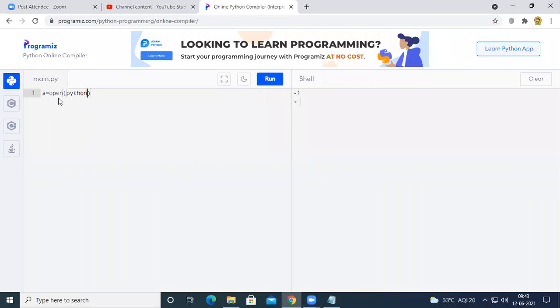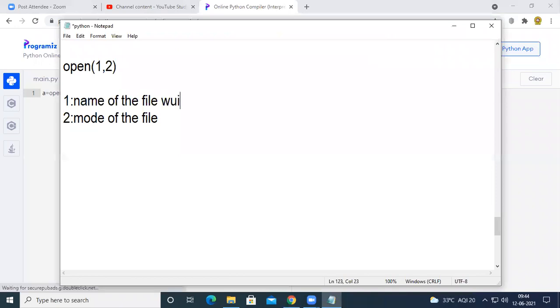When we say a equal to open of Python, the Python compiler does not know where this Python file is located. So we have to pass the name of the file with the complete path.